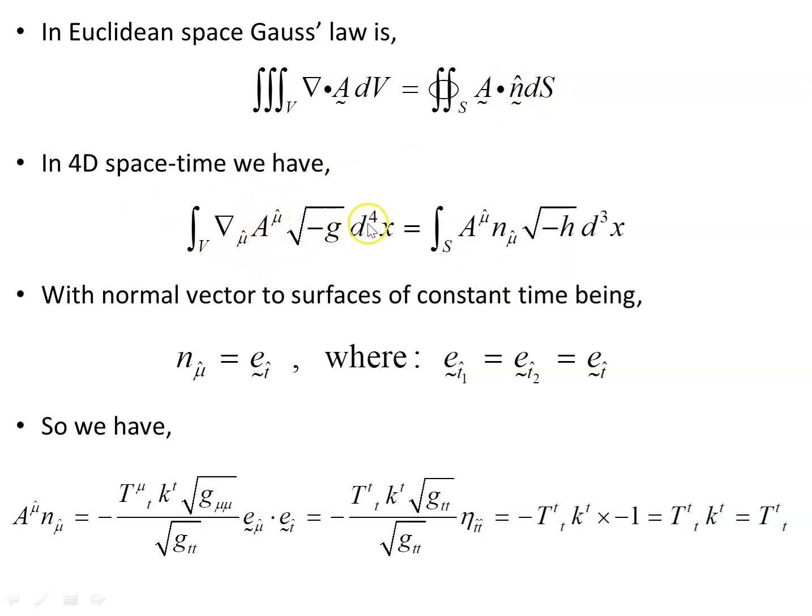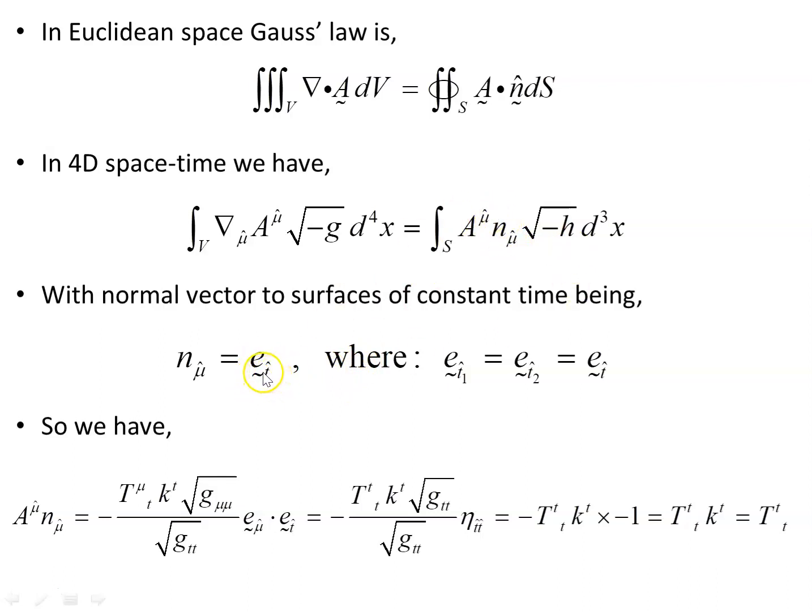Divergence here, volume element, integrating over 4-space, becomes a surface integral with an induced metric of one dimension less, d3 instead of d4. So with the normal vector to the surface of constant time, for our surface here to evaluate this, we're looking at a vector which is normal to the spatial surface, so the time